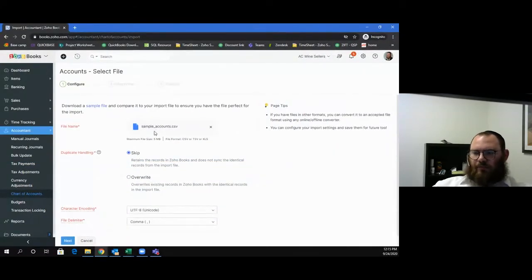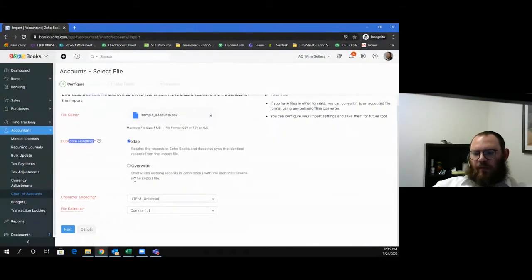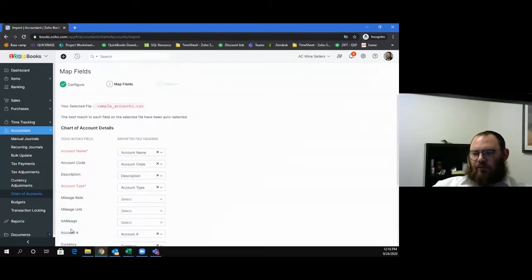and we selected it. And here we have a duplicate handling. So if there is a duplicate account name, we can skip over it, or we can override that specific account. And this is because the file needs to be CSV for importing. We just want to make sure it's comma delimited, and we press next. So here is the